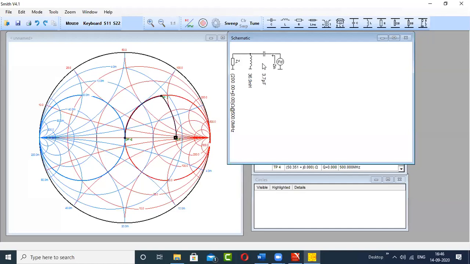Now you can see in this particular example that even though the load was real in nature, we have used reactive components to transform the impedance. The reason I have already discussed: do not take the help of resistive components because they are lossy in nature. Of course, impedance transformation can sometimes be achieved with the help of real components also, but that is not a good technique. So always take the help of imaginary components, L and C, just because they are lossless in nature.